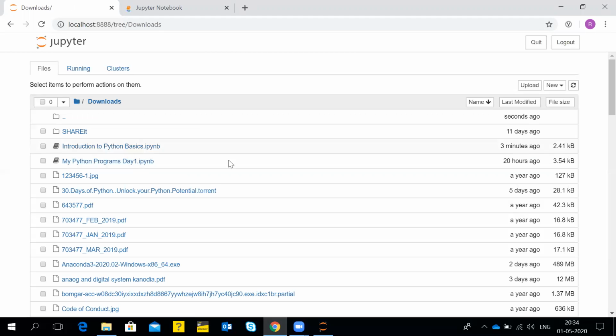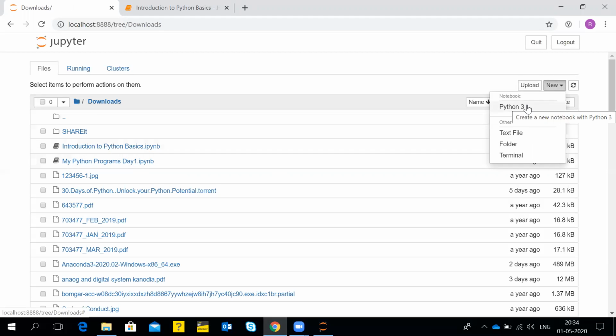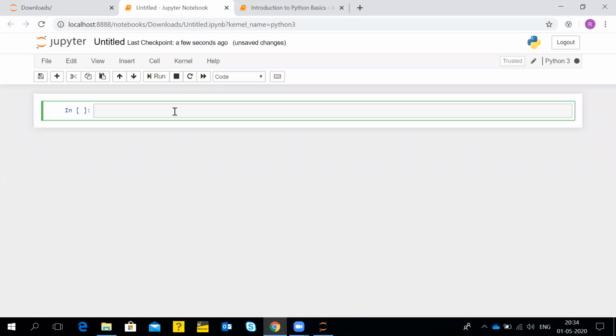For those who don't know how to create a new .ipynb file, you just need to go over here, click New, and then click on Python 3. It will create a new file in a new tab, and here you are good to go with writing the code. This is the way by which you can create a Python 3 notebook file.